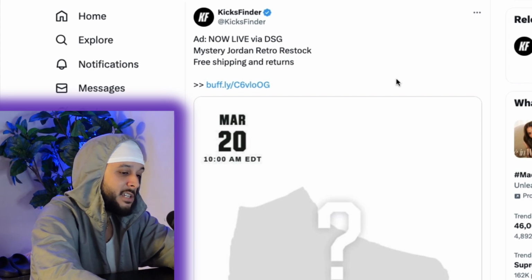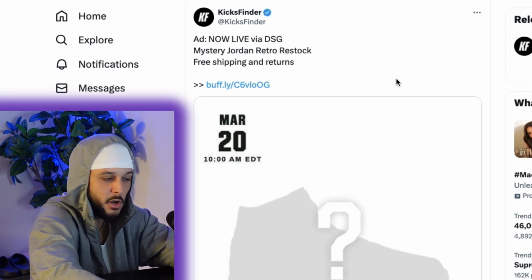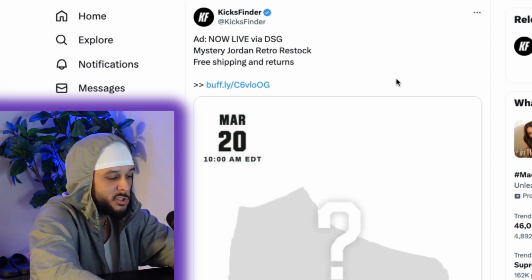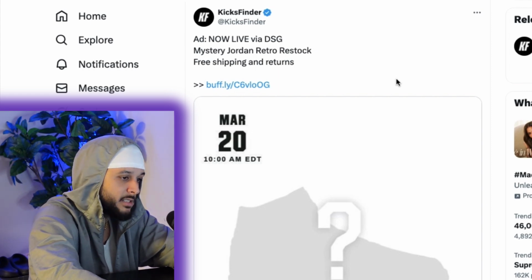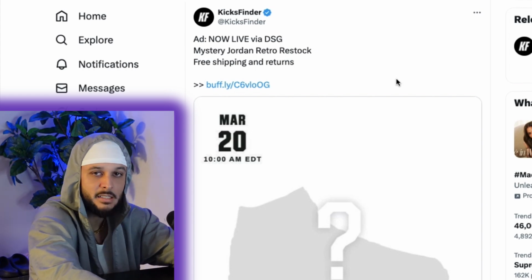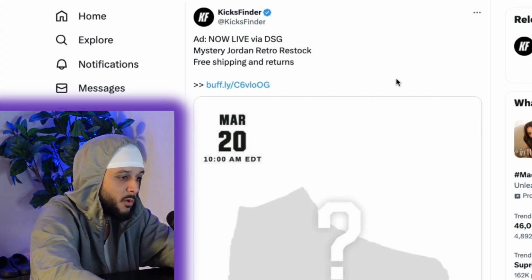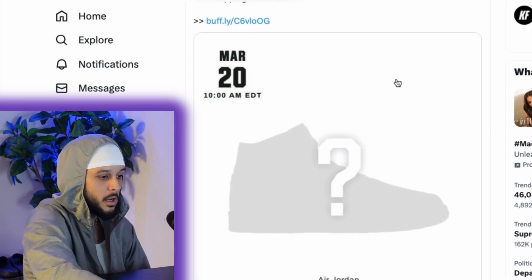But as far as this release, this really just feeds into what I call Nike's staggered release strategy. Rather than releasing all of these pairs at once, they're trying to keep the hype up. They're already limiting, holding back the stock. As far as these periodic restocks, some people would say it's late shipments. I feel like it's a clear strategy just to keep the hype rolling. Why drop all of these pairs at once when they can keep people on their toes, going crazy